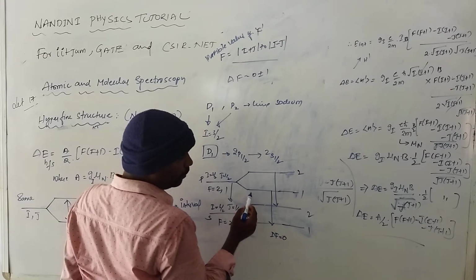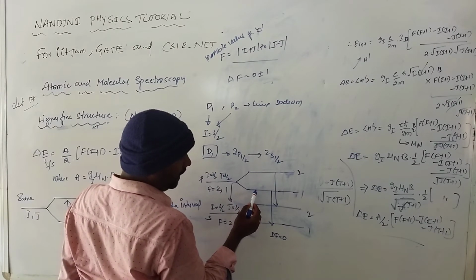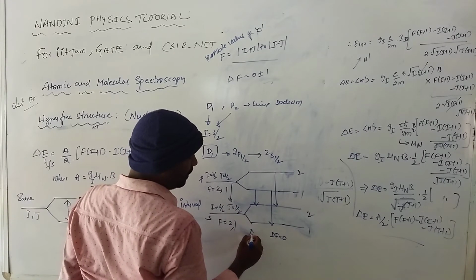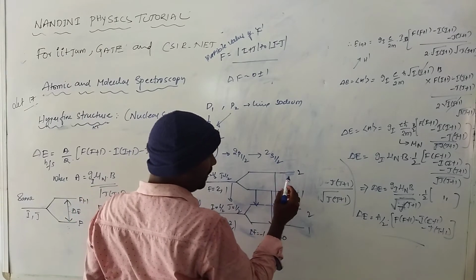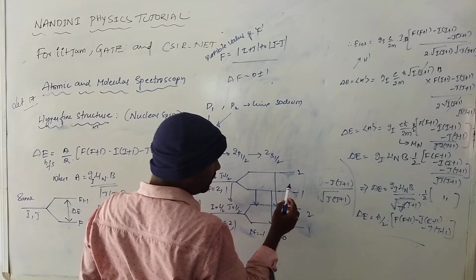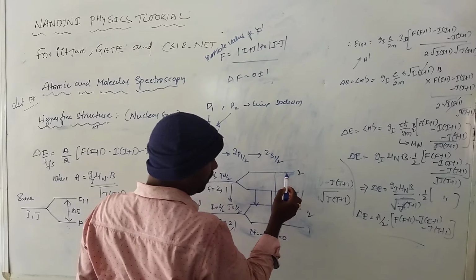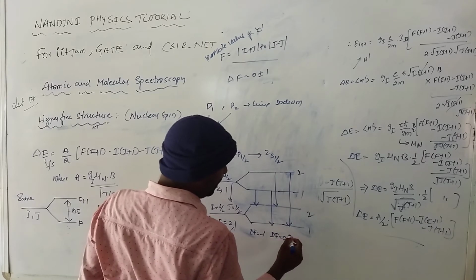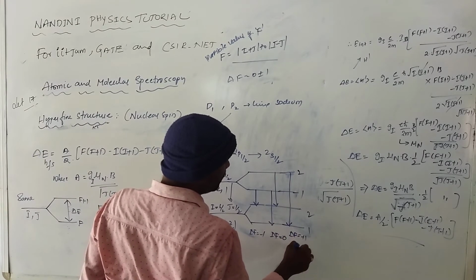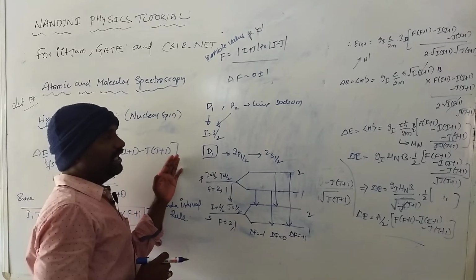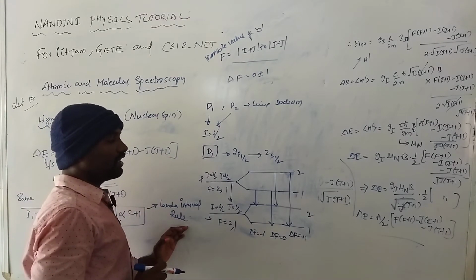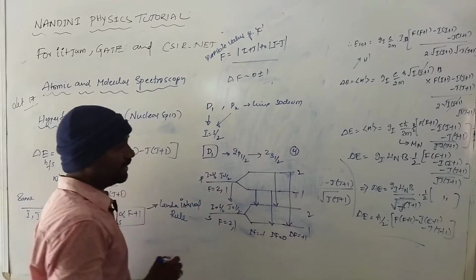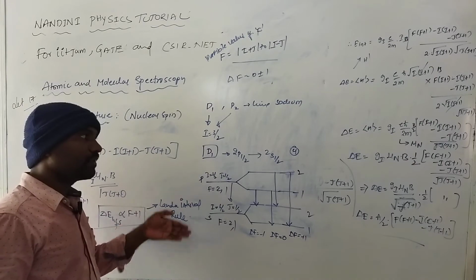And see, 1 minus 2 is nothing but minus 1, so therefore delta F is equal to minus 1. And 2 minus 1 is nothing but 1, so this is positive. So therefore delta F is equal to plus 1. So you will get the D1 sodium line for hyperfine structure. How many lines will you get? 1, 2, 3, 4. Only 4 levels will be splitting. 4 levels splitting in the D1 line.